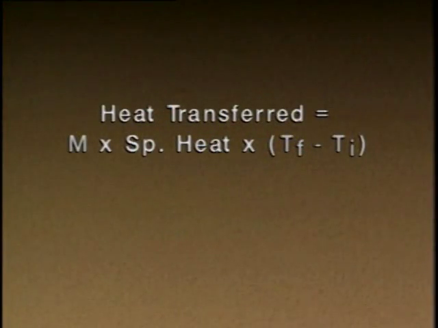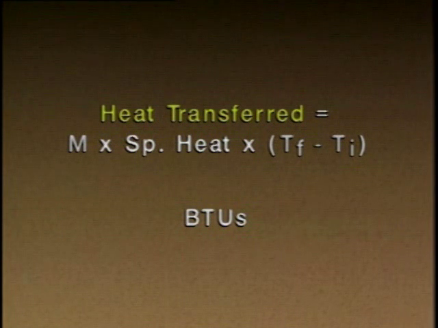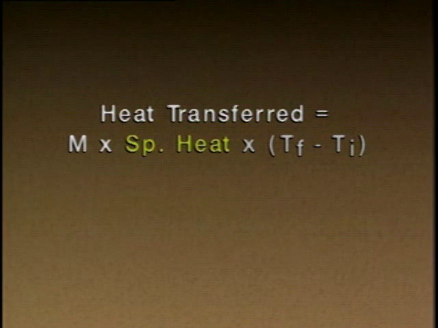The amount of heat that's transferred into or out of a plant process is affected by many factors, and we can't cover them all here. But 3 of the primary factors are the temperature change the substance undergoes, the amount of the substance, and the type of substance involved. These factors can be related in terms of a heat transfer formula. In this formula, the amount of heat transferred into or out of a substance is expressed in BTUs. The amount of heat transferred equals m, the mass or amount of substance involved, times its specific heat, which relates